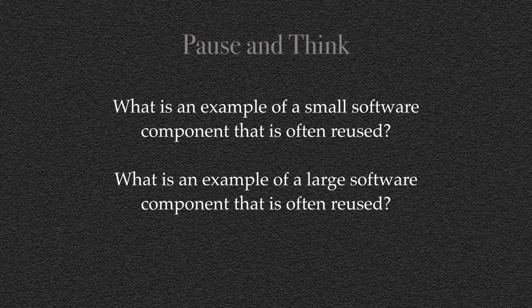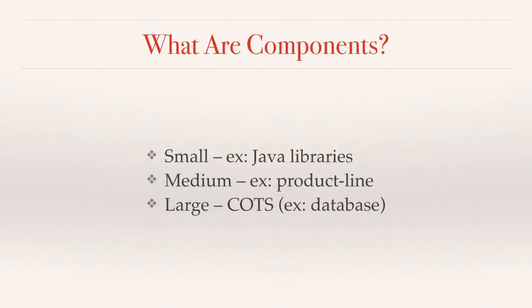Okay, here are the kind of components I think of in these categories. For small components, I usually think of a class in the Java library. No one who programs in Java would write, say, a list from scratch. They would use the list from the Java library. Pre-built GUI components are another type of component I put in this class, though some of these can have quite complicated functionality. Like the text areas in Java, you can cut, copy, paste, change fonts, and even render HTML.